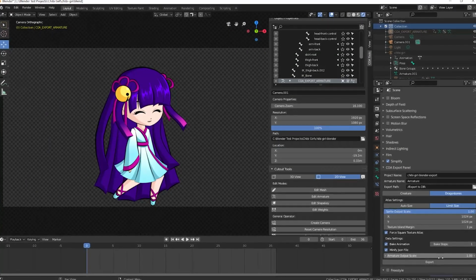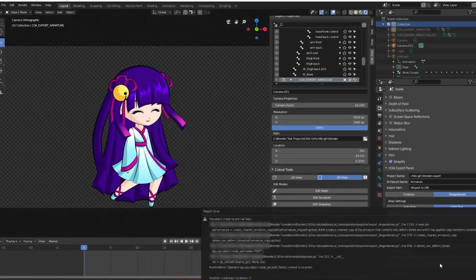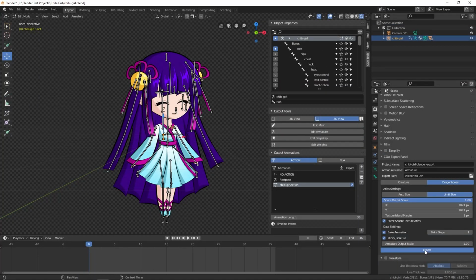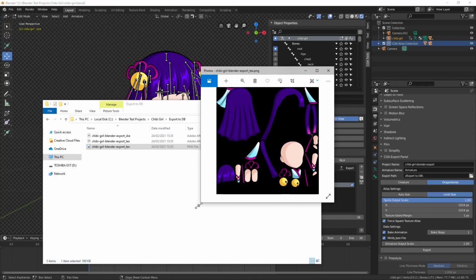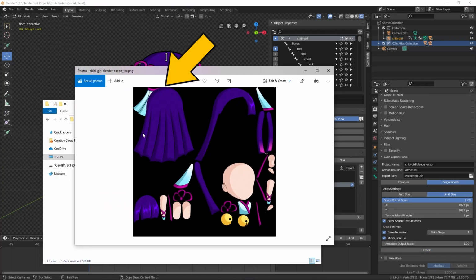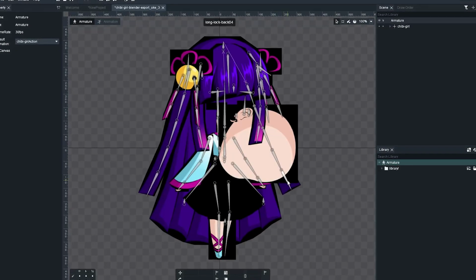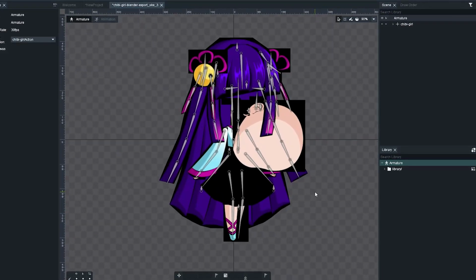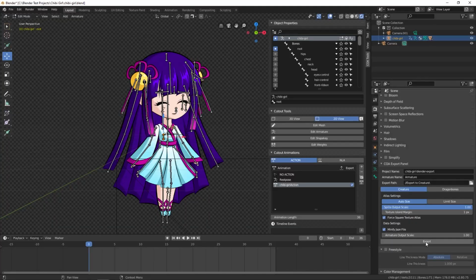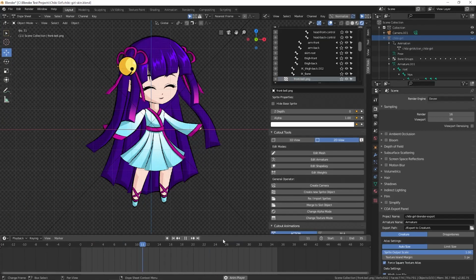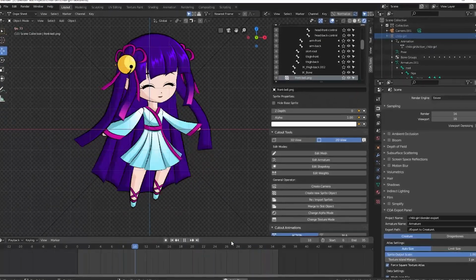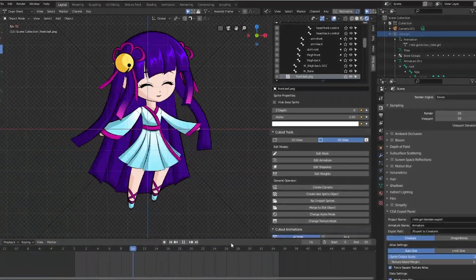Sadly, all attempts to export my work with CAD tools were unsuccessful. The DragonBones exporter would get the texture files messed up. The character images would overlap. Also, once I tested the output file in DragonBones, this was the best result that I could get, and I can't really use that. As for the Creature exporter, it would return an error that the output path is incorrect, no matter which path I gave, and I didn't find a way to fix that. That's a real shame, because I really wanted to see how this animation plays outside Blender.